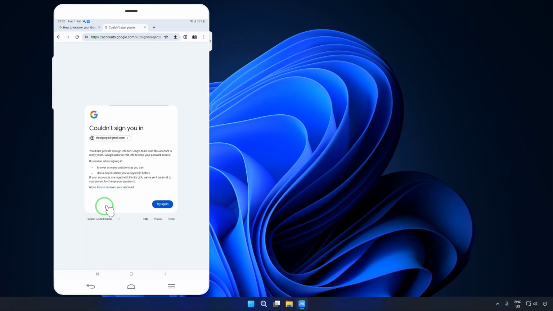So now here more options are coming, more tips to recover this account. Yes, this account can be recovered by answering as many questions as we can, second, use a device where we have signed in before, and third is more tips to recover accounts. Fourth is your account is managed with Family Link. Now of the four we will choose more tips to recover these accounts,